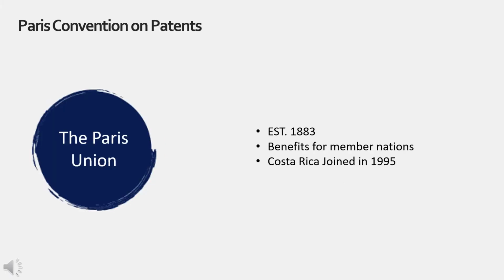Created in 1883, but not joined by Costa Rica until 1995, the Paris Convention on Patents is listed by WIPO as a global protection system and has provisions that ensure applicants are to be treated as nationals to each country in the Union. Filing in any of the Union countries gives priority over other patent applications outside of the Union nations, and common rules provide general guidelines for how intellectual property prosecution should be handled.